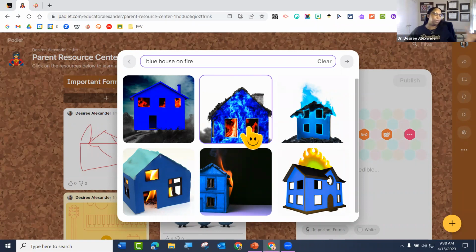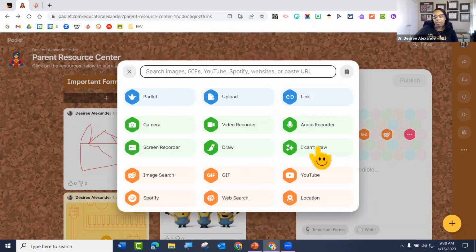So they may not be able to find the picture. They may not be able to draw like me. So now they can use AI to say, like, what is the mood? Like, how do you feel? Even just how are you feeling right now, right? You can tell them they can use I can't draw and come up with something. And they may feel like a blue house is on fire. And then you need to go talk to that student. So there you go. So you have I can't draw.